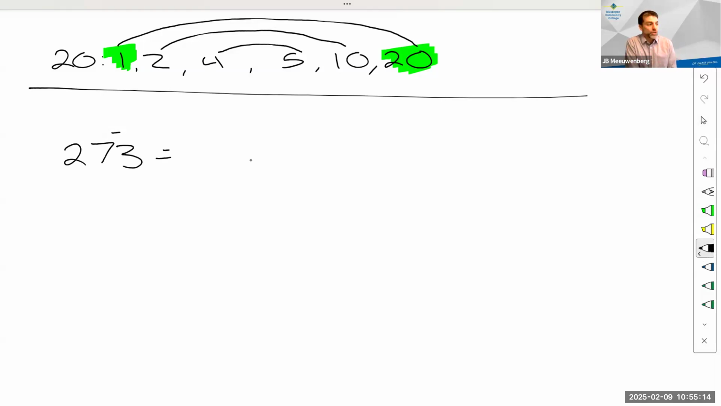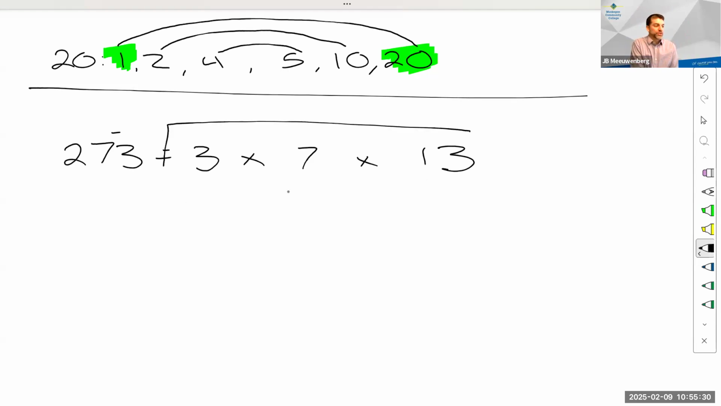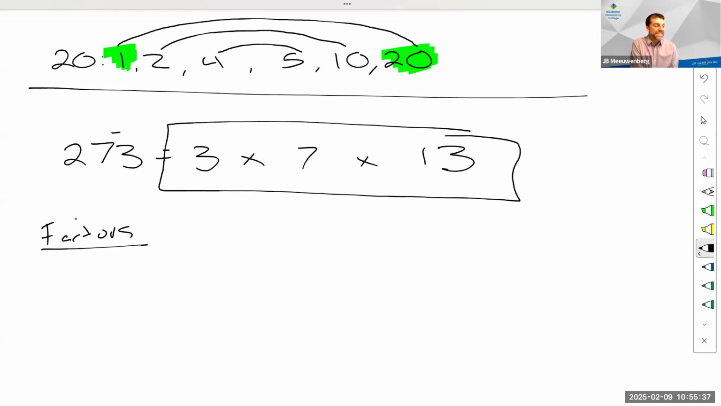But if we did a factor tree, you would find that the prime factorization looks like this: 3 times 7 times 13. So if that's the prime factorization of 273, we can use these numbers to figure out what all of the factors would be. Remember, factors are numbers that would divide evenly into 273. And so when we start to make the list, if we want to know all the factors of 273,